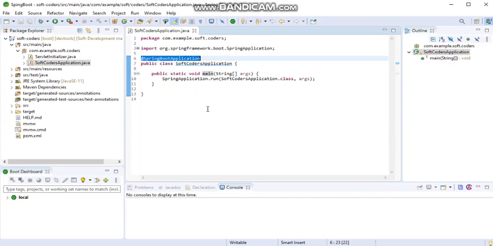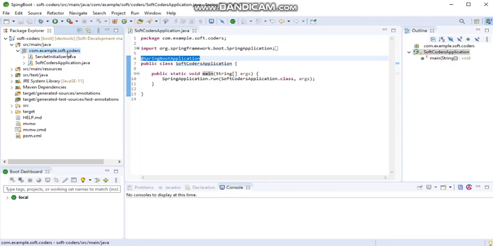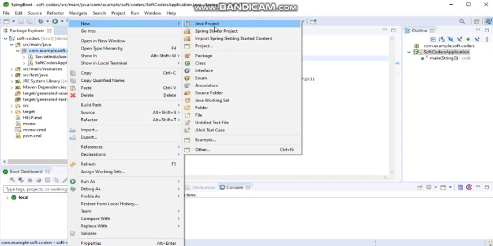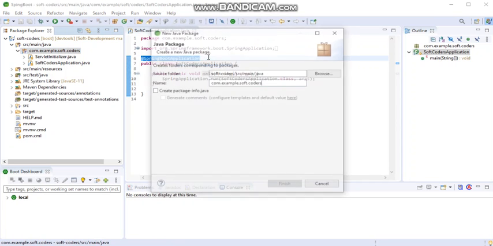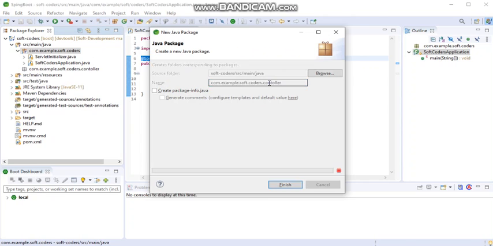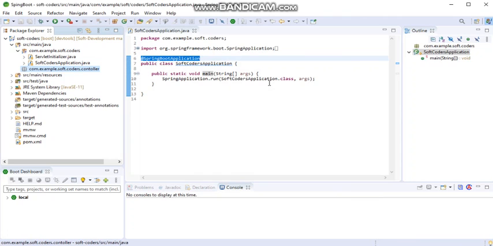So simply if you want to create more packages in your application, for controller, service, repository, you can go inside the base package and create them. Then you can provide the name, like I provided .controller here, and the same for service and others.